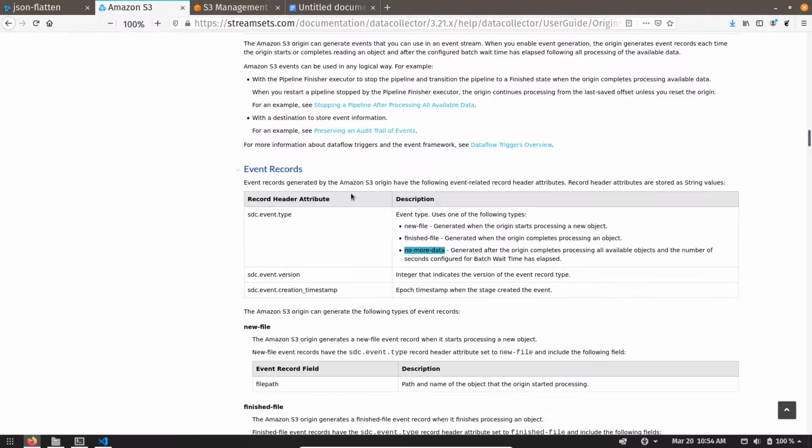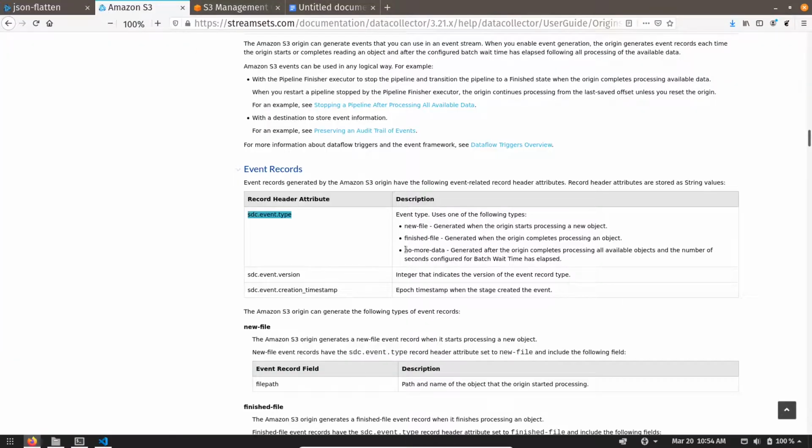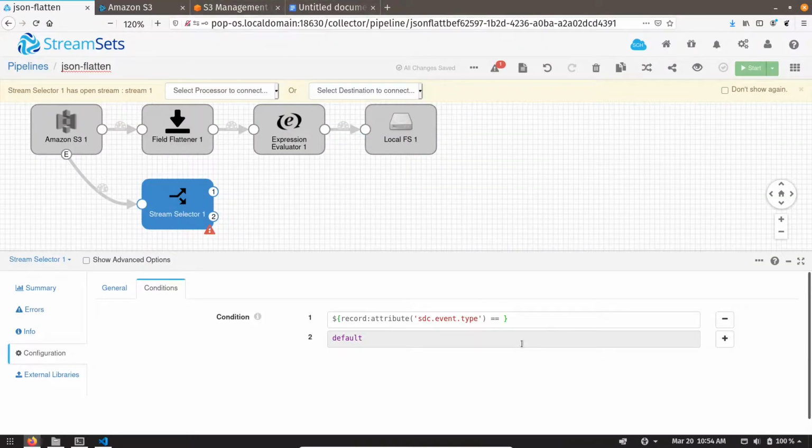The attribute name is sdc.event.type, and we can give the value as no-more-data. So whenever Amazon S3 finishes reading all the files, it is going to generate this event, and that event will flow in stream 1.